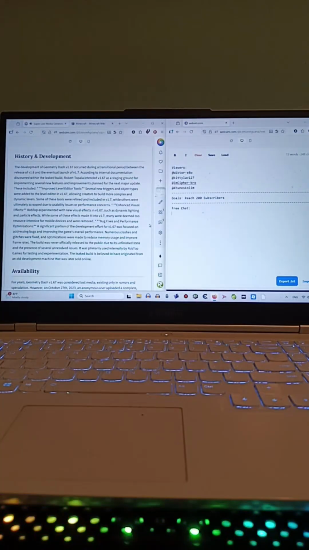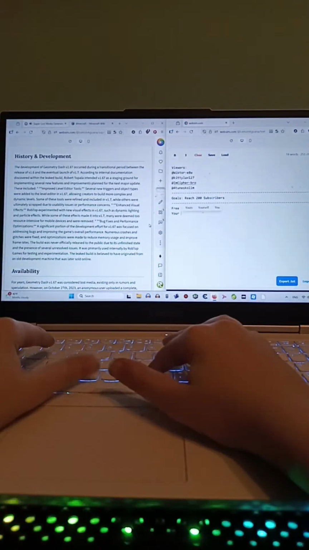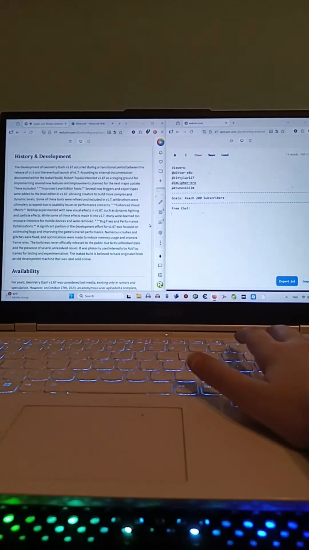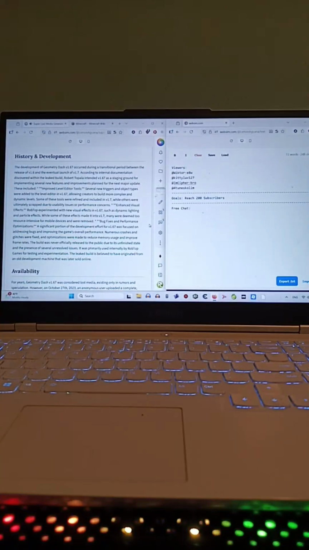Enhanced visual effects: Rob Top experimented with new visual effects in V 1.67, such as dynamic lighting and particle effects. While some of these effects made it into V 1.7, many were deemed too resource intensive for mobile devices and were removed. Bug fixes and performance optimizations: